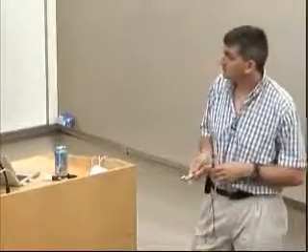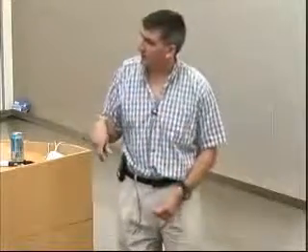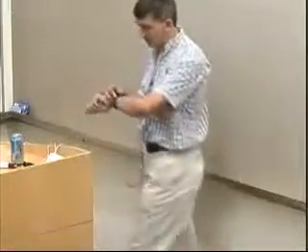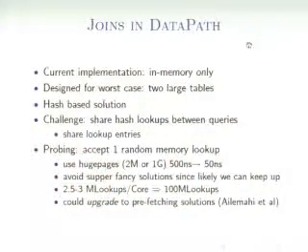Okay. I talked about the execution units. I'm not going to talk about how we implemented most of the waypoints except the join, very, very briefly. So the join is very interesting in DataPath. The current implementation is only an in-memory implementation. We're working on an external memory implementation. We designed it for the worst case, namely lineitem and orders, two enormous tables. How do you survive that?